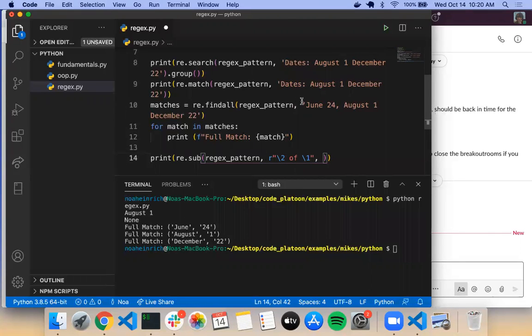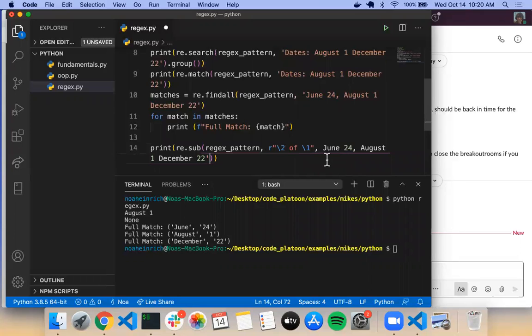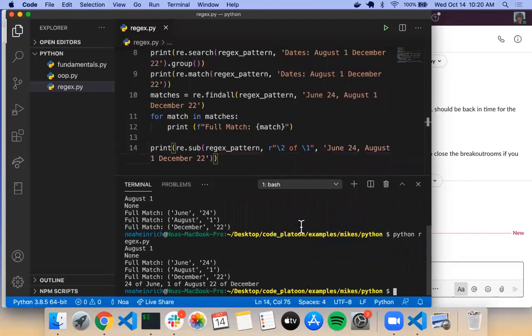And then the final argument is going to be this string. Like so. So now if we watch this in action, 24 of June, 1st of August, 22nd of December,